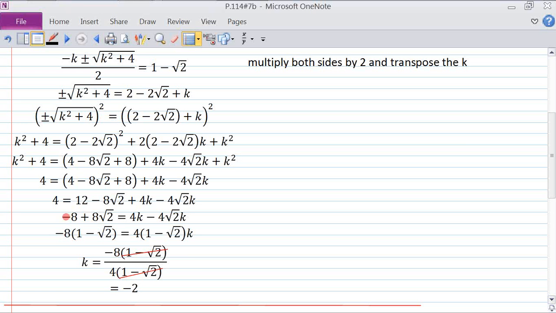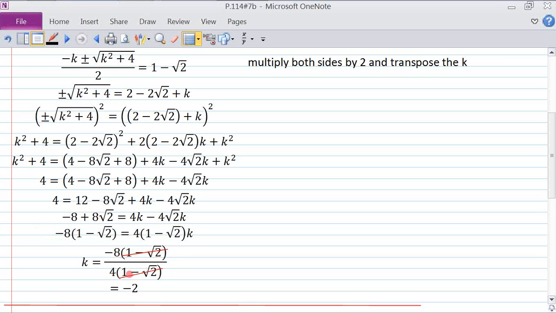minus 4 root 2k. I'm just factoring out 4 from these two terms here, and you'll see if I factor out minus 8 from this term over here, I also get 1 minus root 2. So minus 8 times 1 gives me minus 8. Minus 8 times minus root 2 gives me plus 8 root 2. And now I'm going to divide the left side, the right side by 4, 1 minus root 2. So I'm going to divide the right side by this, and I'm going to divide the left side by this,